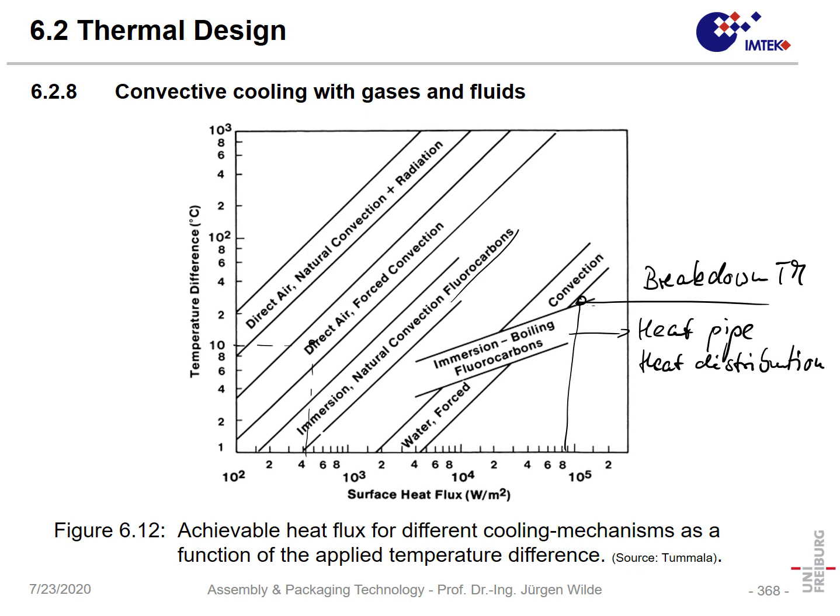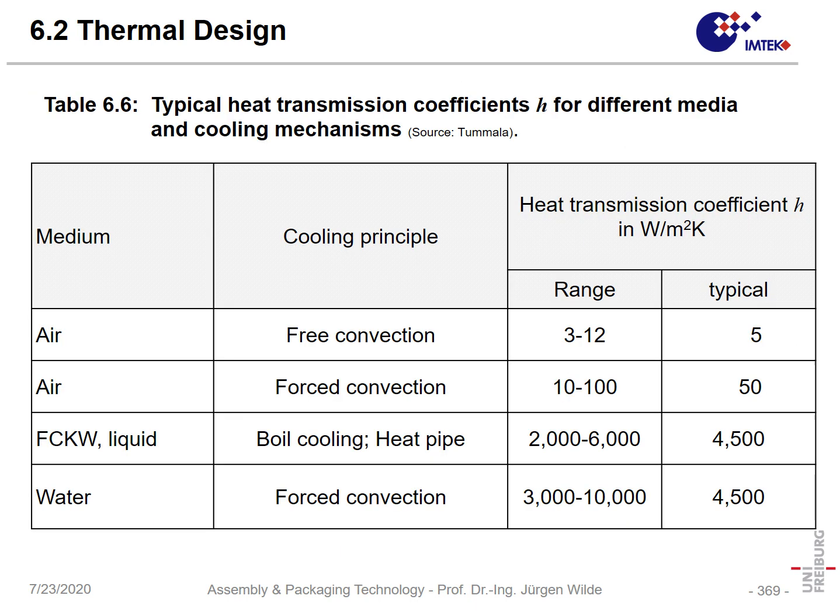we have a relatively small temperature difference which we can have, which is in that example only 20 Kelvin, and that means we are limiting the system with respect to the maximum temperatures we can have. So with too high power dissipation, heat conduction will break down, the system will be destroyed. Okay,